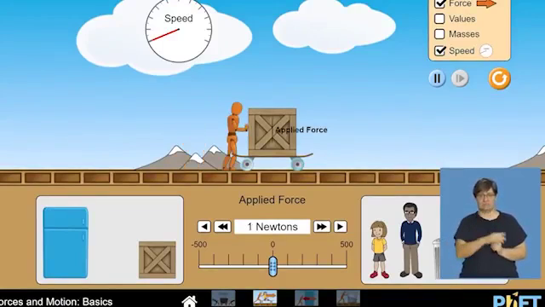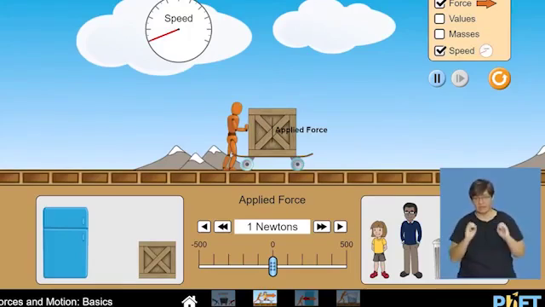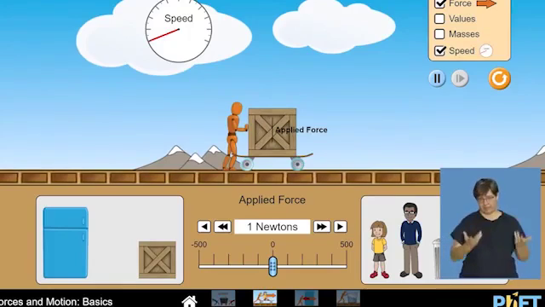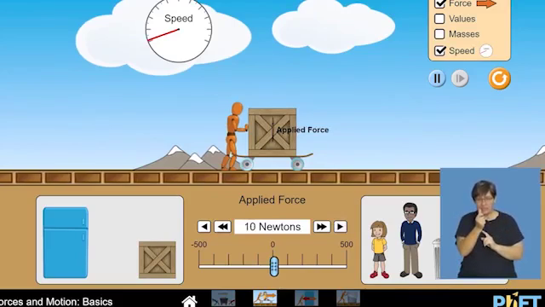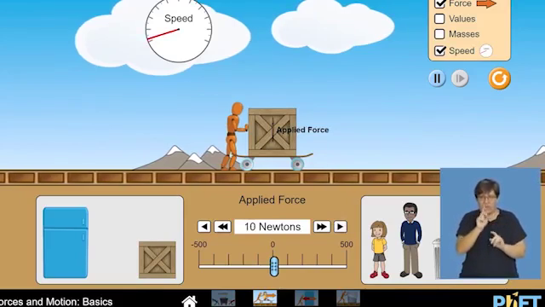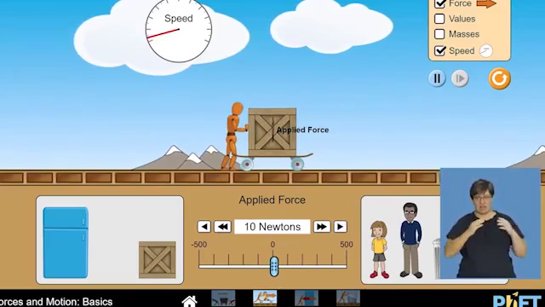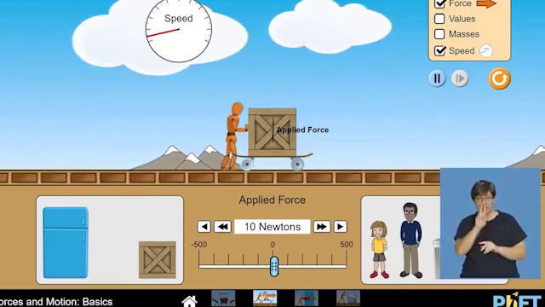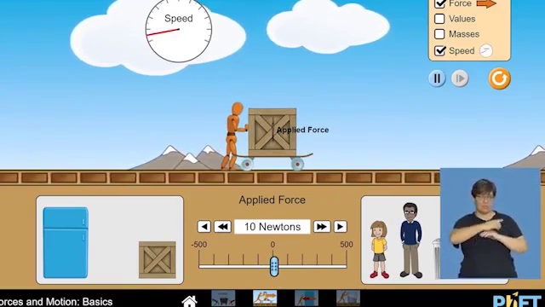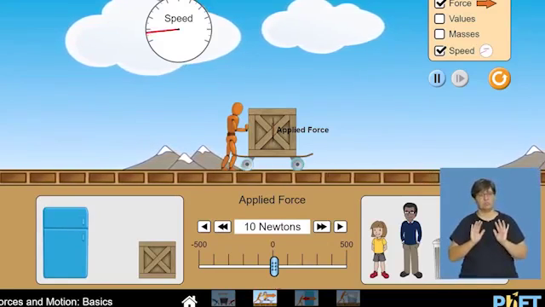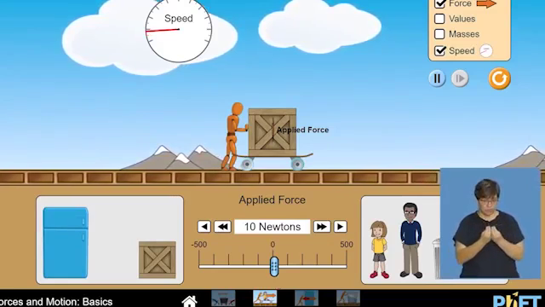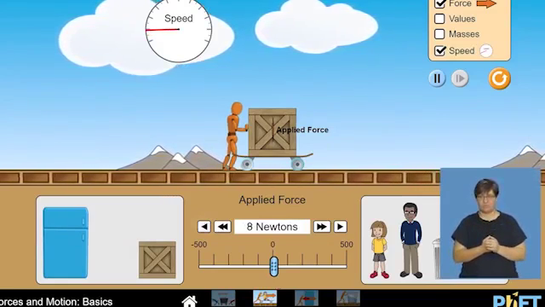Watch. I apply force. It's not, in fact, it's zero. Nothing's happening. He's not pushing, he's just standing there. Okay? Pushes a little bit. So we apply a little bit of a force, and you can see he starts moving. But can you see, if you look at the speed, he's getting faster and faster and faster. But he's pushing the object. Okay? If I make this force smaller,